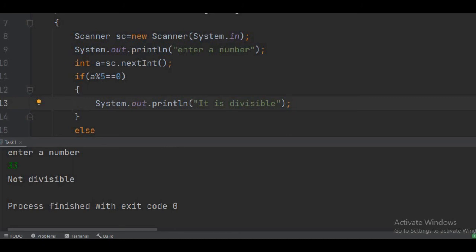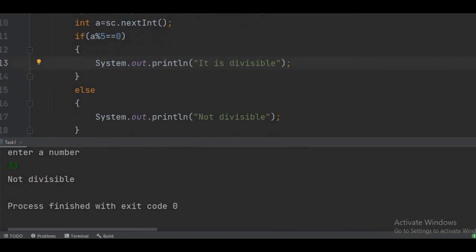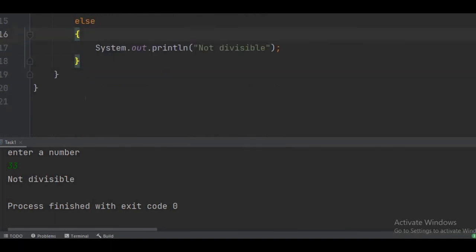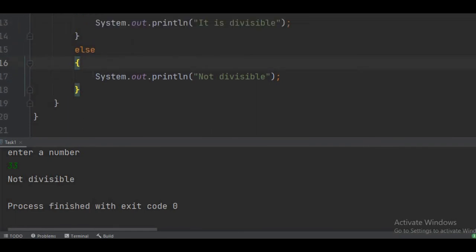And in the second situation, when we give a number like 33, it divides 33 by 5, and the remainder is 3. It is not 0. So it will go to the else part. It will just skip or ignore this particular block, and then directly jump to the else part, and this particular statement is executed, and it is printed as not divisible.